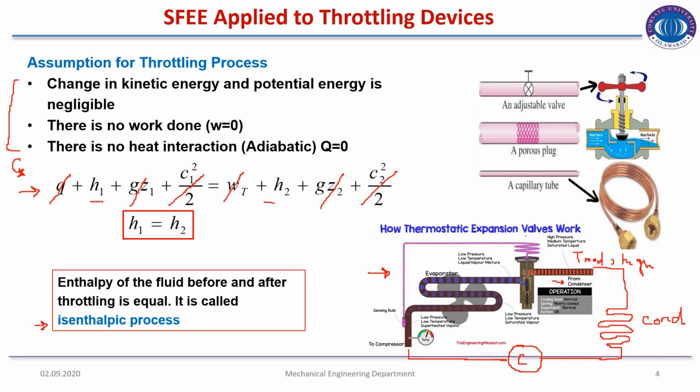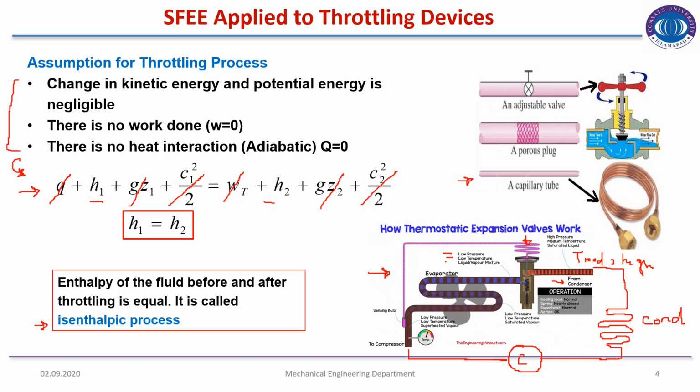So this is the throttling device, and in the refrigeration system you know it by the name of expansion valve. So we use capillary tube as expansion valve. The function of the expansion valve is to reduce the pressure of the refrigerant significantly. So high pressure and moderate temperature fluid or refrigerant is entering into the expansion valve, and low pressure, low temperature